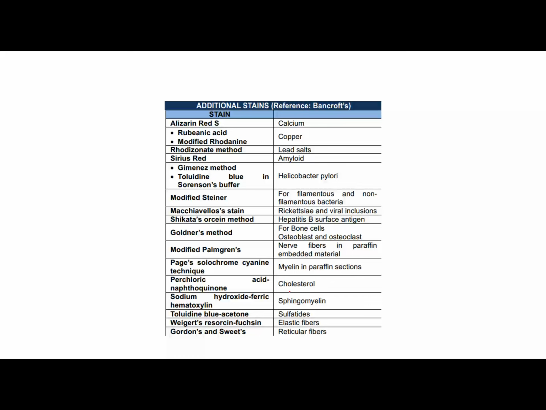Here are additional stains that would be important. A good example here is the modified Steiner method, used for filamentous and non-filamentous bacteria, and the modified Palmgren's used for nerve fibers in paraffin embedded